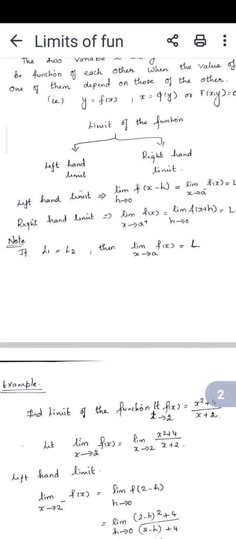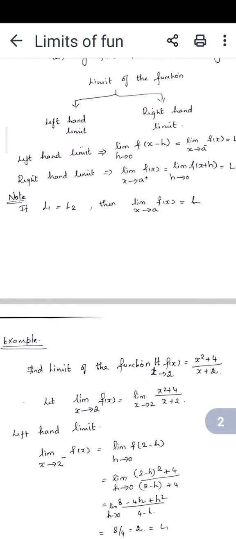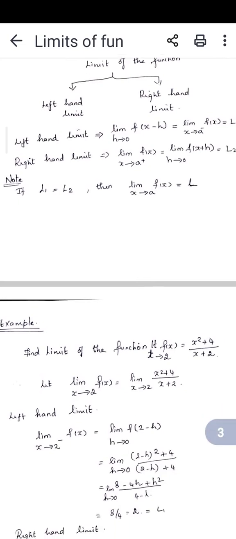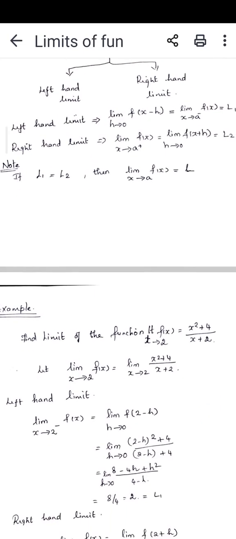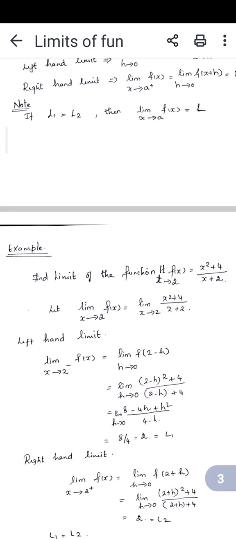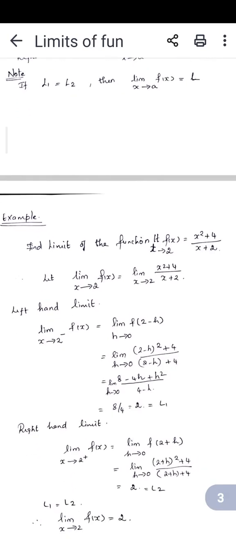Let us see here. Find the limit of the function: limit as x tends to 2 of f of x, where f of x is equal to x square plus 4 divided by x plus 2. To find the limit, we want to find the left hand limit and also the right hand limit. So limit x tends to 2 minus f of x is equal to limit h tends to 0 of f of 2 minus h. On substituting this, you will have the equation